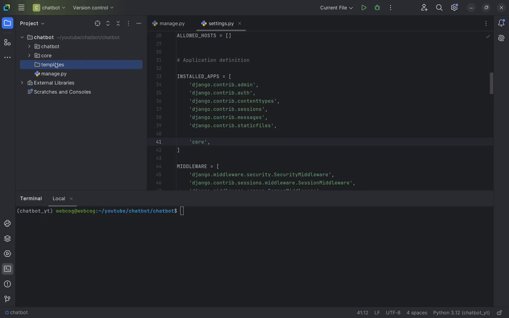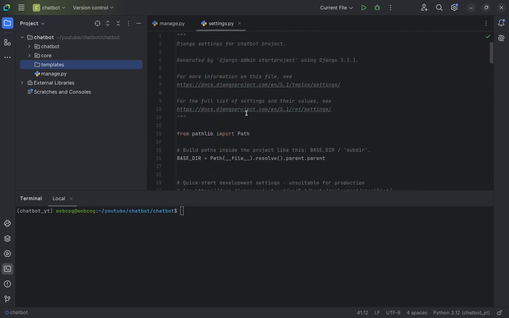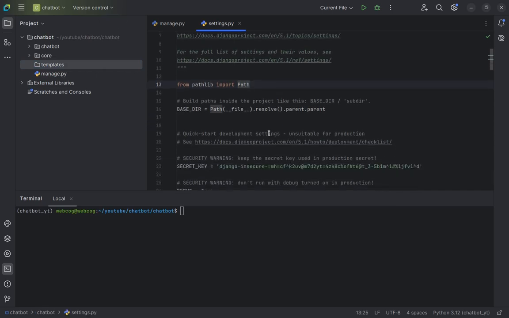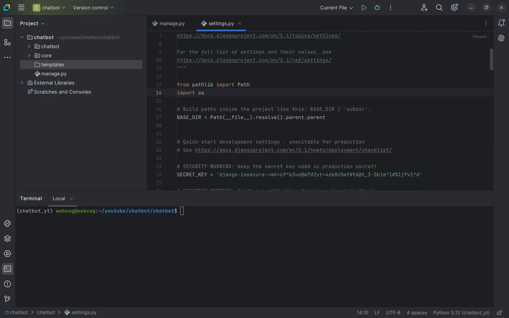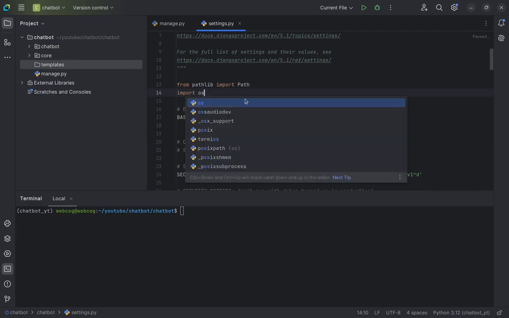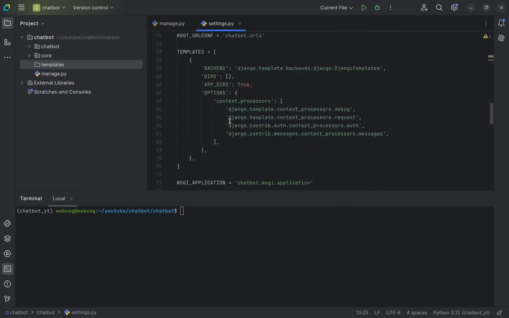My new folder named templates has been created, and here in settings.py I have to configure my template folder. For this, first of all, I am going to import one library, which is os. So I am going to use import os, and after that just scroll down, and here in my TEMPLATES list, in DIRS we have to add